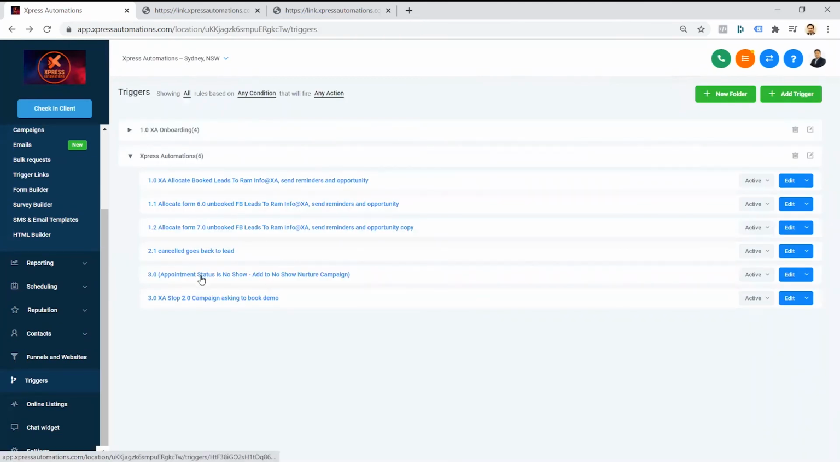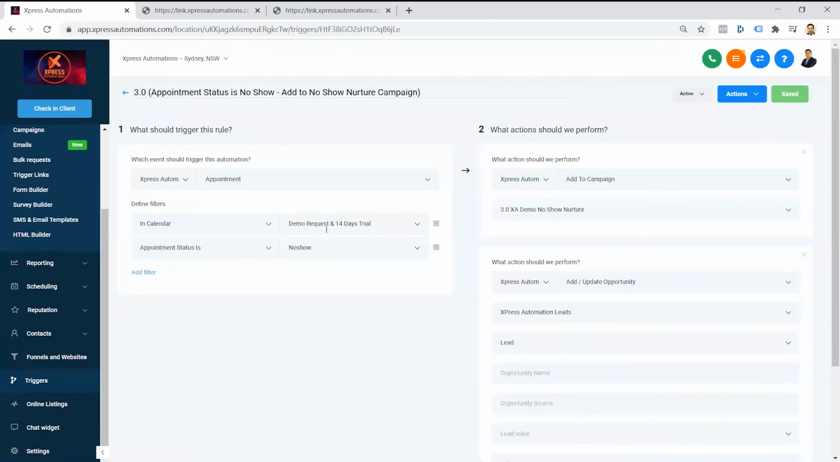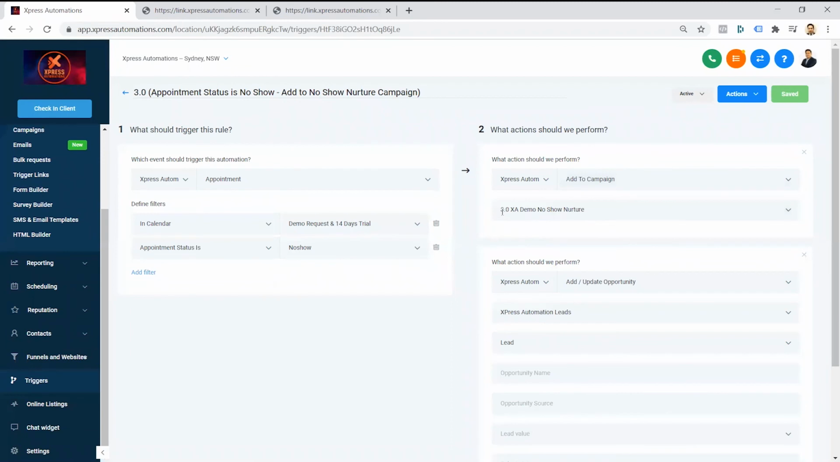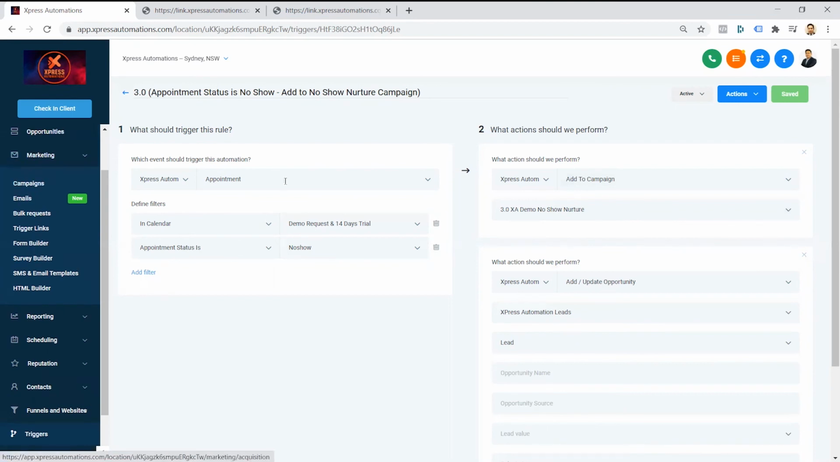Next is appointment status is a no-show. So then a no-show campaign will be triggered. So let's say if someone booked in an appointment with you, but then you marked that appointment as a no-show because they did not show up, then what happens is you will add them to a campaign. So you will choose your add to a campaign and you will add them to the campaign that you previously made inside of your marketing section on the left hand side, the 3.0 campaign,